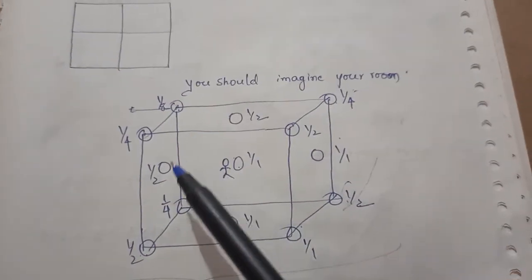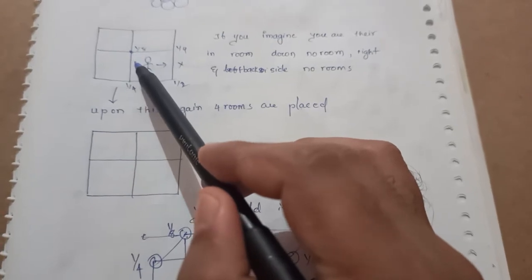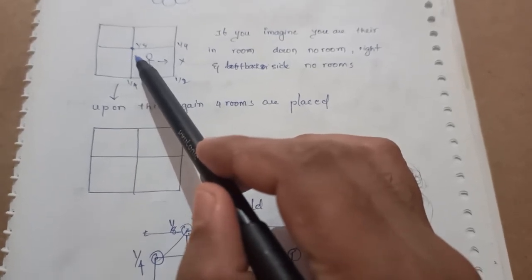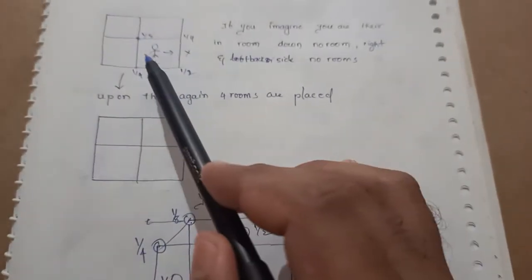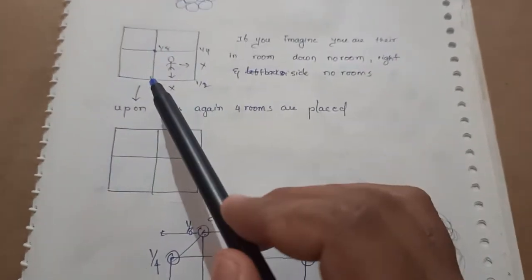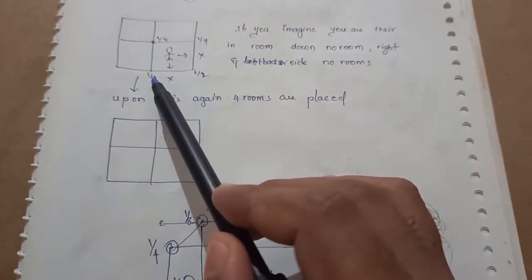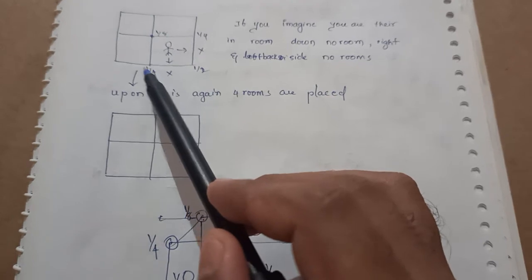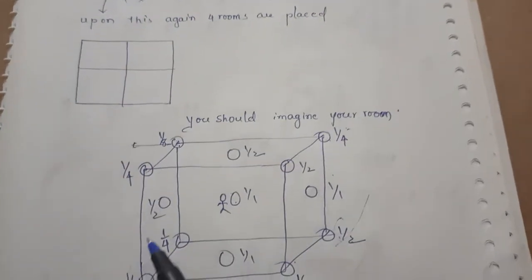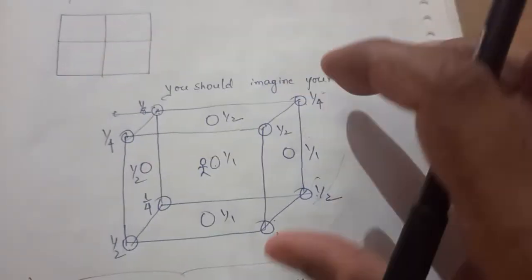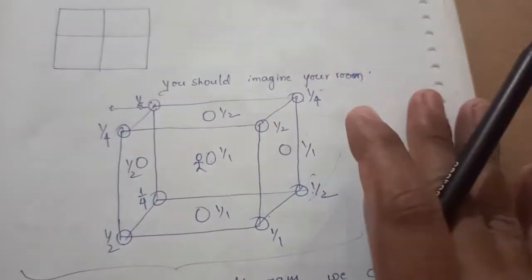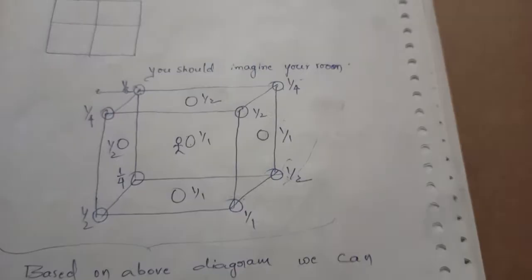Okay, and exactly down of this, again this is 1/4 only, because 4 rooms are there down, 1, 2, 3, 4, and here 1/2. Here down of this one more; you can understand that as a cube, no? So this point has 1, 2 rooms, here 2 rooms, and here 1/1. So based on this outline structure, we can understand the coordination number easily.